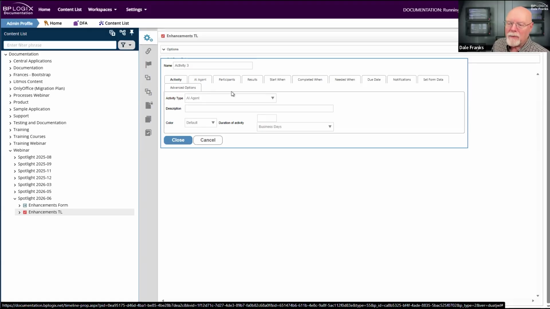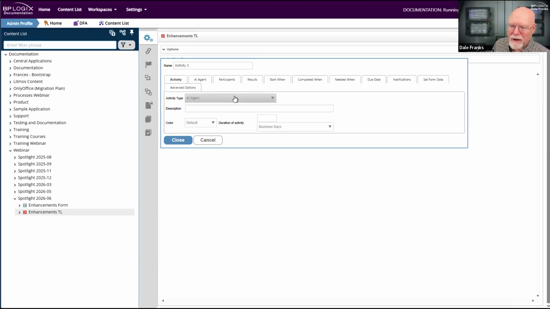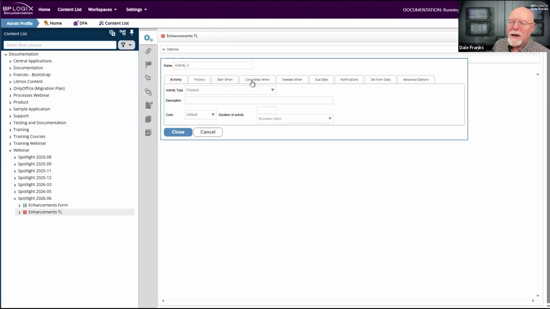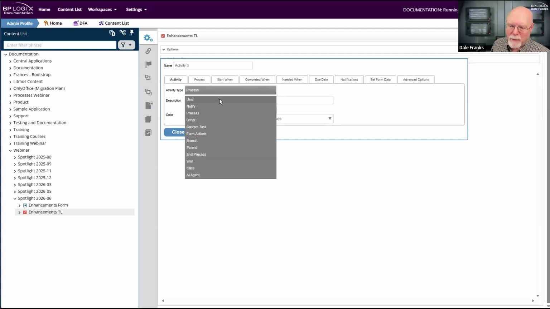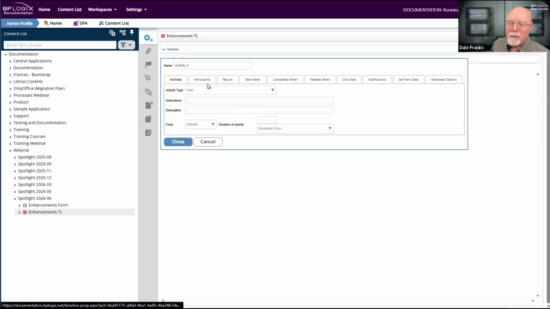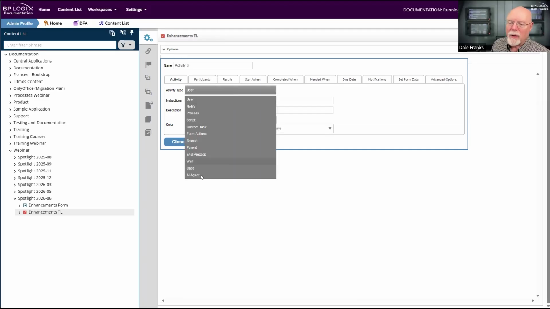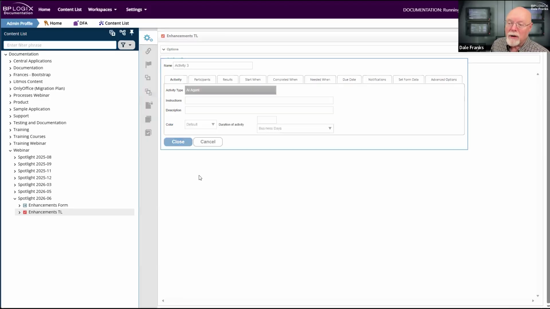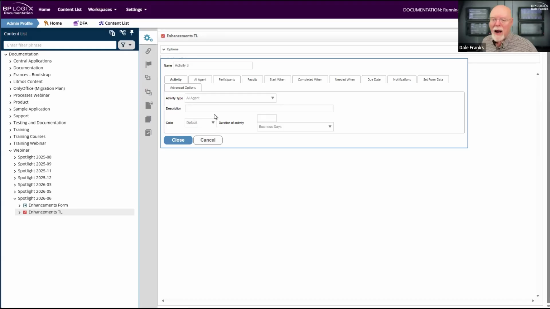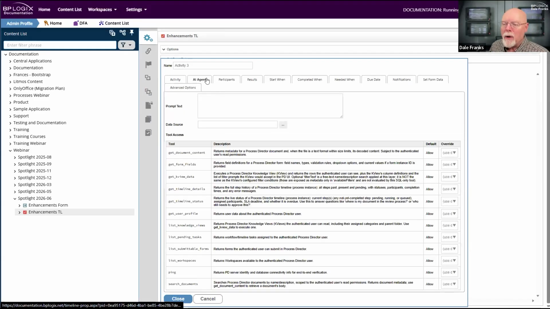As you pick different activity types, you get a different set of tabs here. So if I pick process, my participants and results tabs disappear, as opposed to a user activity. And for the AI activity, I still keep the participants and results tabs, but I add the AI agent tab. We don't really need to look at the participants and results tabs because we know what they do.